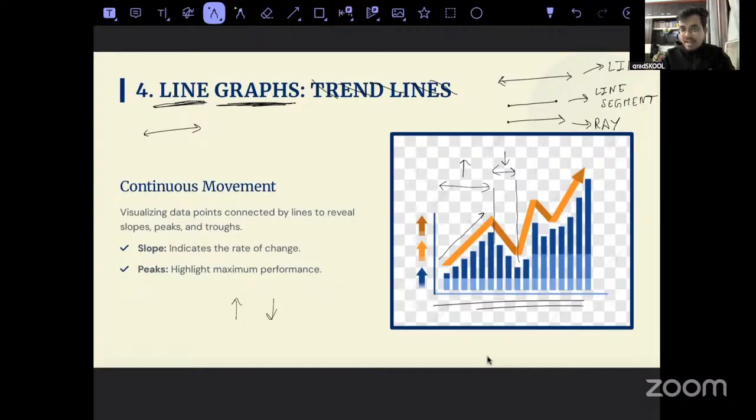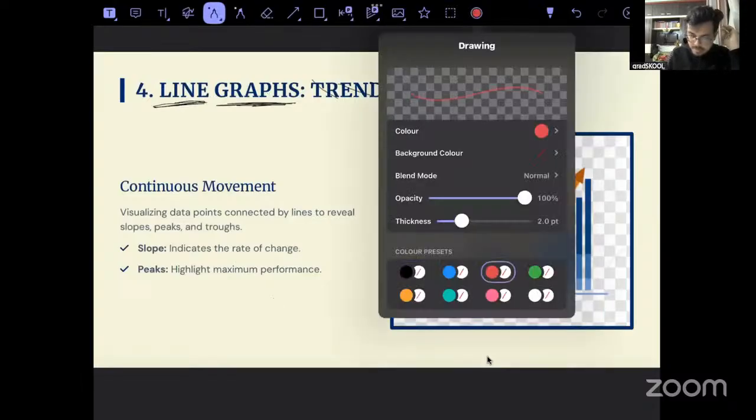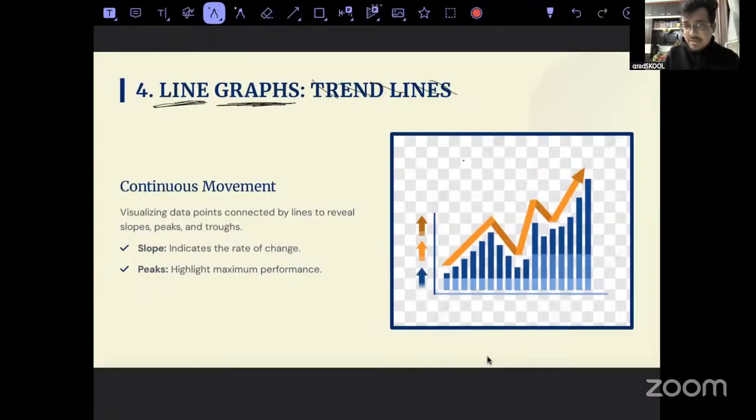Okay, so line graph is, yeah, correct. It is a representation of data. So in a line graph, we can compare datas or represent datas with the help of lines. This is known as line graph. Basic definition, okay? I'll just erase everything. Let me increase the thickness also. Now you understood what is a line graph.